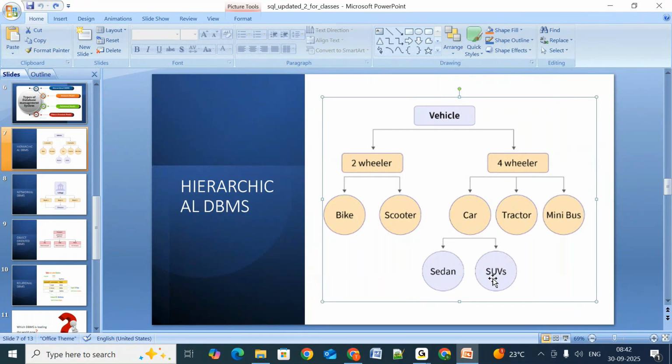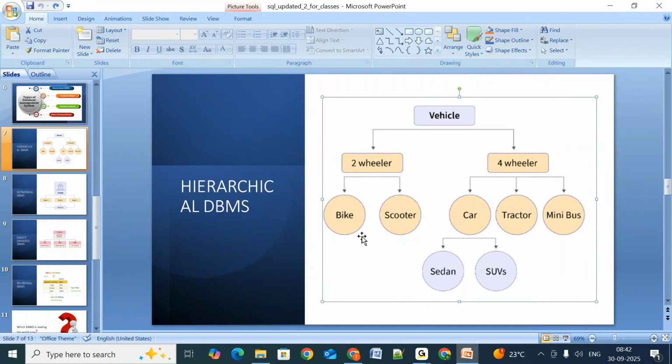Maybe it is in the form of text. I think generally, if it is a hierarchical one, it is in the form of text, I mean a descriptive one. Maybe you can do some research on what kind of data it was storing previously. Because of this hierarchy, one is linked with another one, so hierarchical DBMS is not able to handle large data sets.